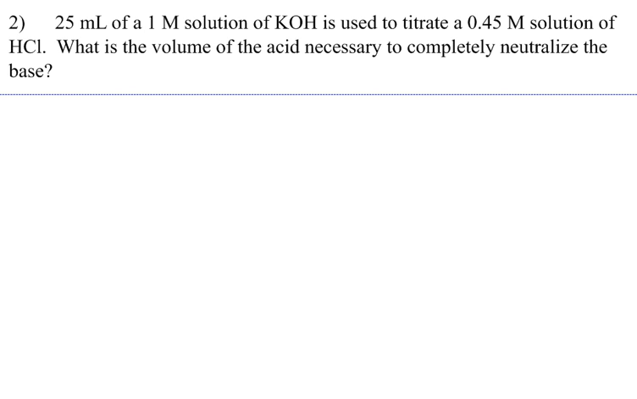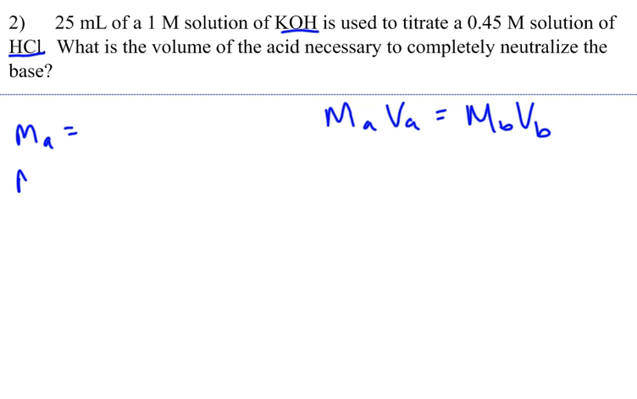Problem number 2. Let's take a look at our acid and our base here. We have KOH and we have HCl. Notice 1 hydroxide and 1 hydrogen, so we are not going to use the N's in the equation. So we're just going to start with MAVA equals MBVB. And if we define what all of those things are,